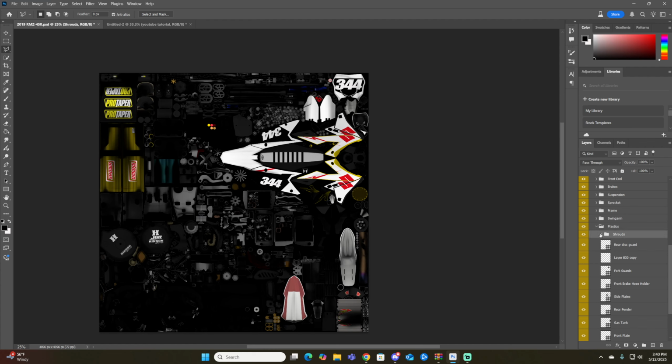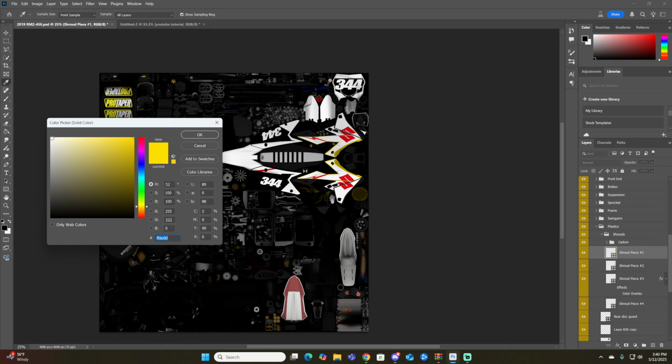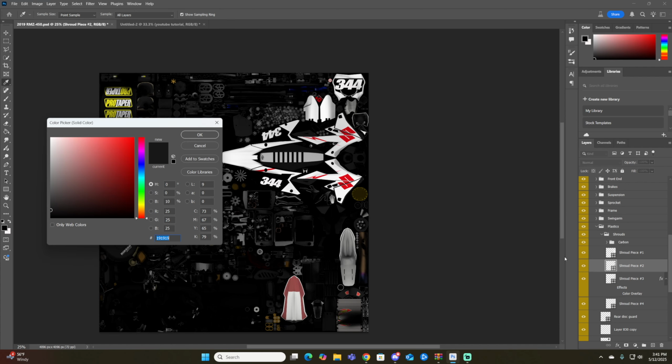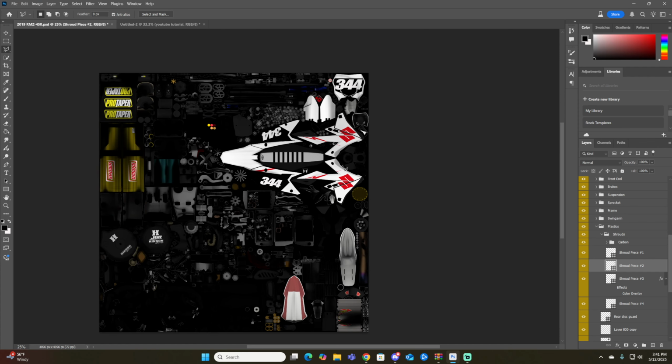So we need to go to shrouds now. Open this, shroud piece 1. It's yellow, we're going to make it white. That looks good. Shroud piece 2 is black. I think it looks alright the way it is, so we're just going to leave everything there. So that's that. The only thing I'm curious on is this